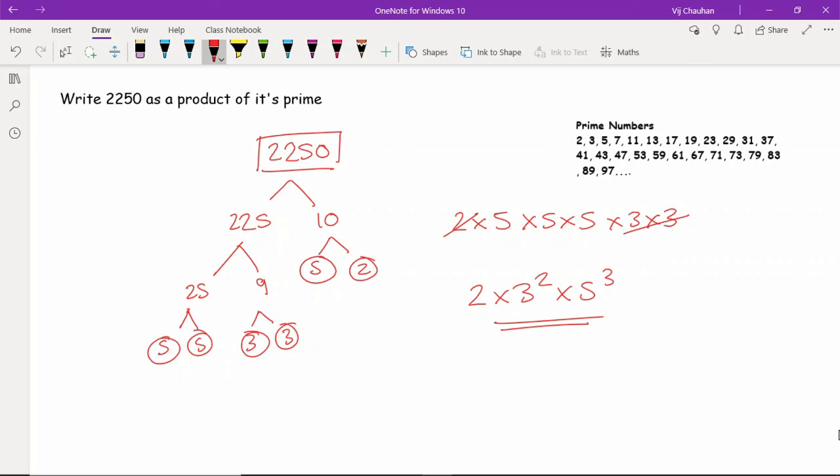And again, it's always worth double checking to make sure that you have got the right answer. In this case, I haven't made a mistake. We go from there. So hopefully this will kind of make sense on how you write numbers as a product of their primes, but